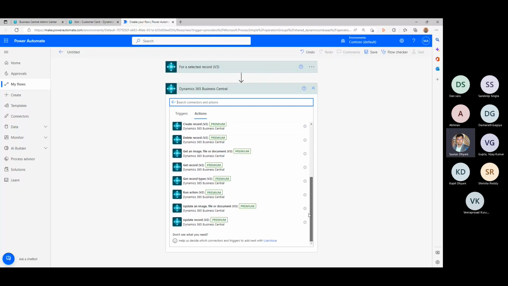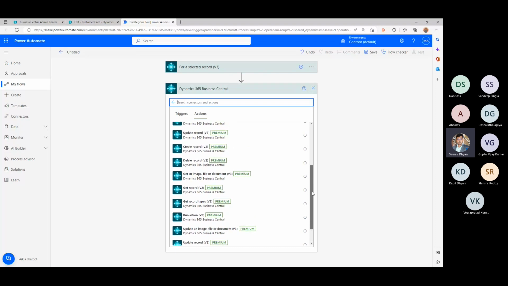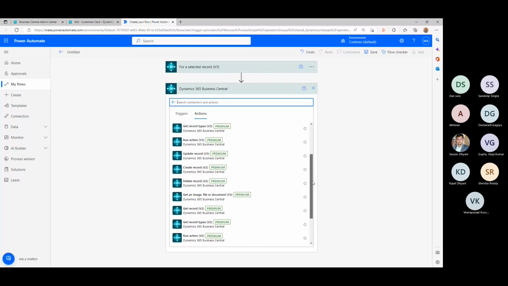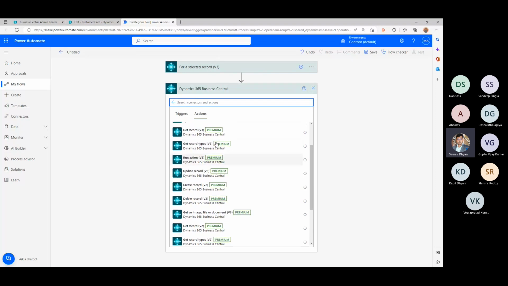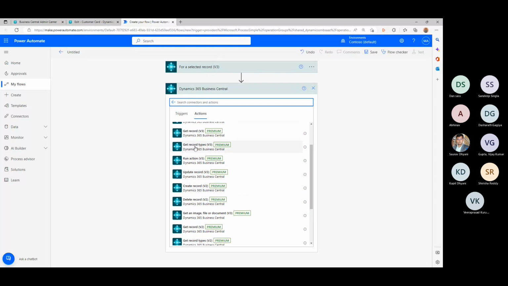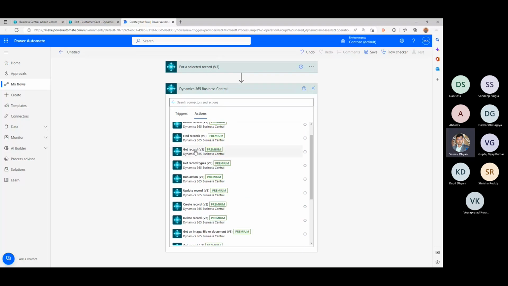All these different actions. And if there is something that you would like to talk about, we can surely talk about it specifically. But for this instance, where we already have a selected record, what we would like to do is to get that record. So Get record (v3).